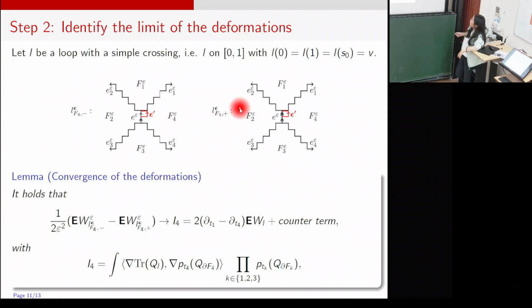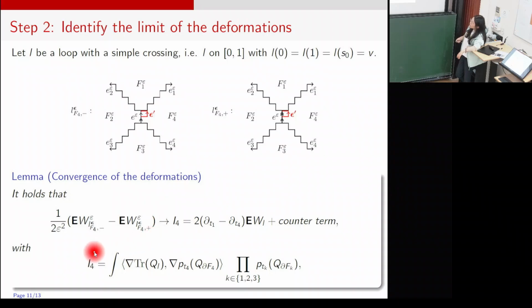And we also have another so-called positive deformation. For the positive deformation, if we go along this way, as I just mentioned, we will go along this edge and repeat this red line in the inverse direction of this red line. And then we go along this E component and then go along E1, E4. This gives us another new loop. So this is the so-called positive deformation. And for each of the faces F1, F2, F3, and F4, we have all these positive deformations and negative deformations. And we can prove